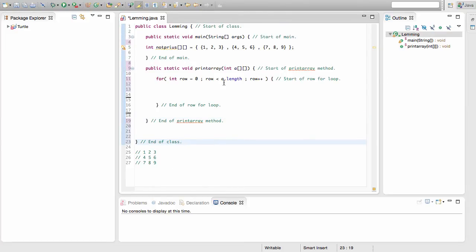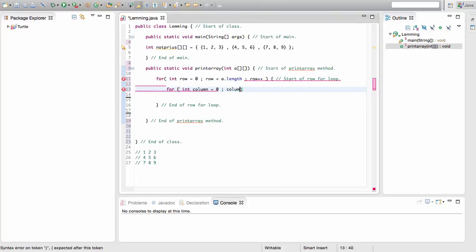Now we're not going to really be writing anything inside of our row for loop, because we're going to go ahead and put our second for loop inside of it, and this is going to be the for loop for the column. So we're going to have the same thing. I'll have this counting variable called column. It's going to keep track of the columns. And now we're going to see what exactly do we want to put here as our condition, right? We're going to put column, and we're going to put less than, but what is it going to be less than? It's going to be less than A, which is going to be the array you pass through, and you're going to be passing through row, so whatever variable you're on over here, and don't worry, we're going to see the whole process of passing through as we progress. But we're going to pass this row variable, so whatever row variable we're on at that time is going to be inside of the array, and now we're going to put dot